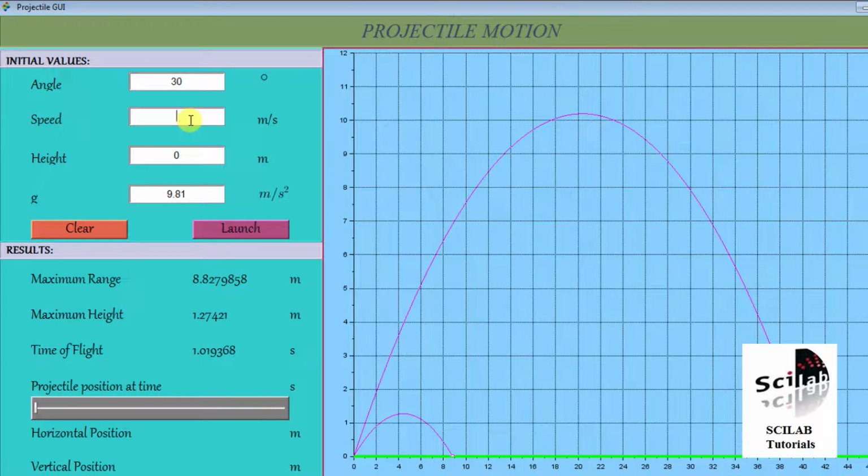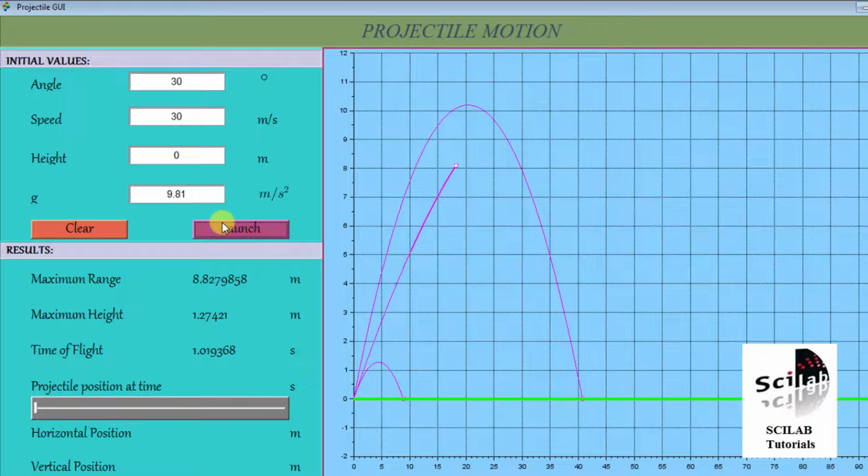Now I have kept angle 30 but this time I will increase the speed to 30, and again I will click on the launch button. As all of you can see, this time the maximum height is very large, maximum range is also large, and time of flight, all the things have increased. So this is a very good GUI to give a demo to the students or for yourself of how a projectile motion works or behaves